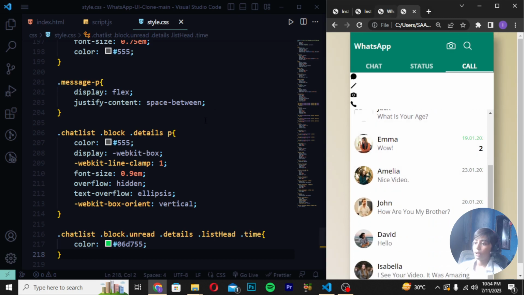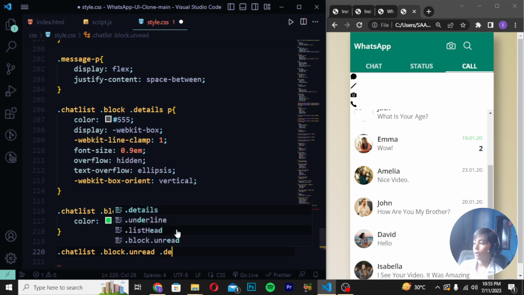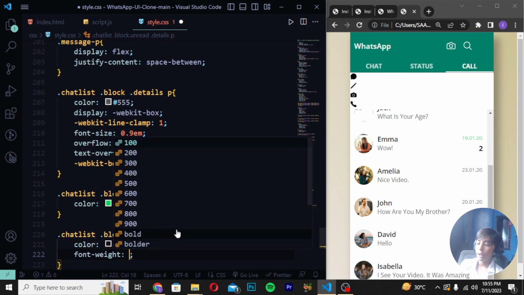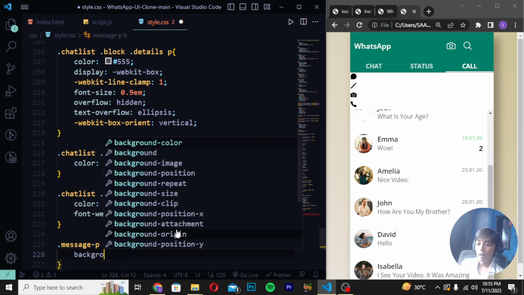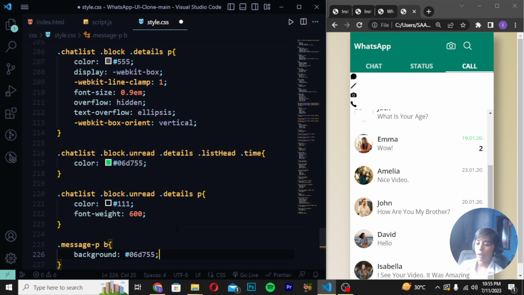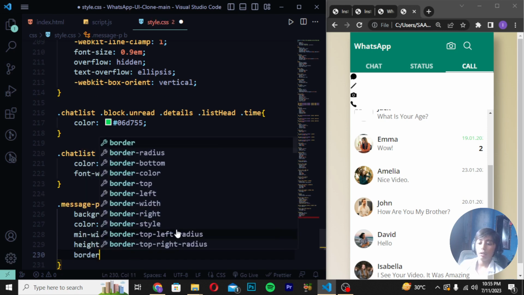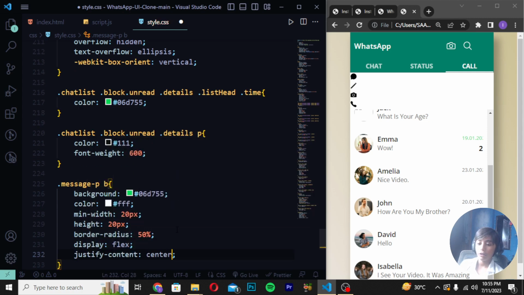Till our work is done here we will see it, and now what we can do here I will go to the bottom, and here I will give .chat-list .block .unread .details h4, and now here we can write color should be #111, enter, font-weight should be 600, enter, .message p b, and now background color should be #06D755 and color should be #FFF, min-width should be 20 pixels, height should be 20 pixels, border-radius should be 50%, enter, display should be flex, justify-content should be center,